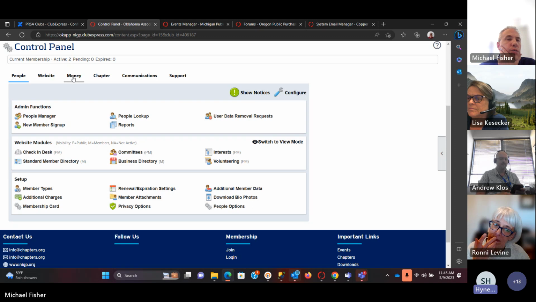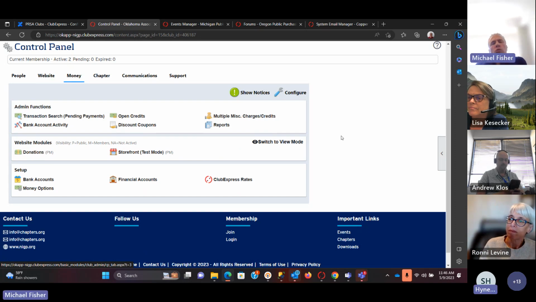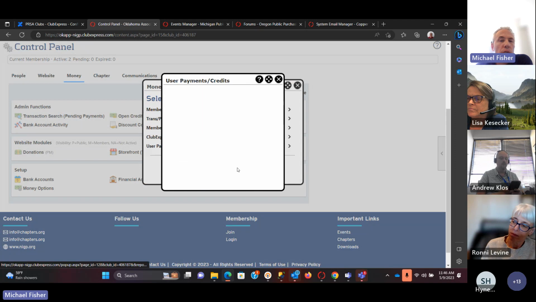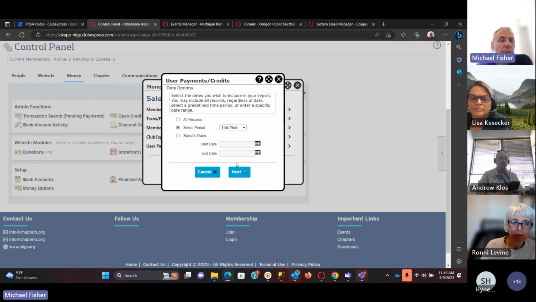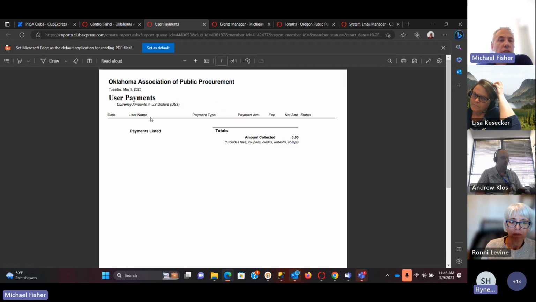Because that's the biggest thing for me right now as the treasurer: all I get is a reference number. It means I have to go back to ClubExpress, look up the reference number to figure out who it was processed for and what, rather than just exporting the report from Stripe. But we have reports that do that for you. If you were to go to the user payment report, you're going to get that information. You're going to say, this payment was received from this member, and here's what the fee was and all of that information.